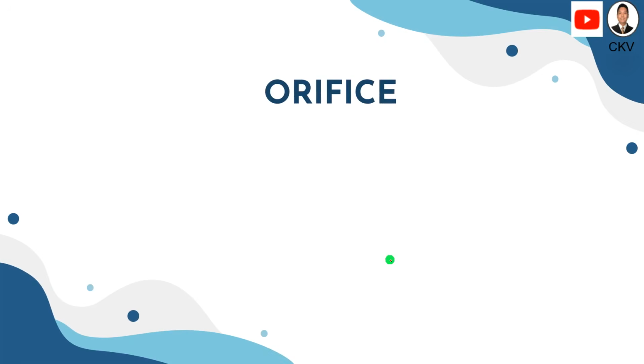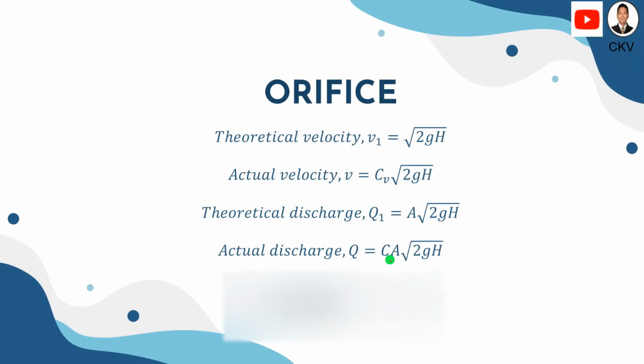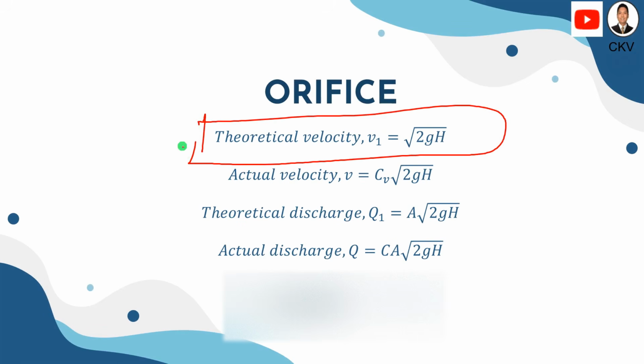So what are the formulas that we are going to use in measuring the velocity and discharge in the pipe? Here are the formulas. These are just based on rectilinear motion solutions. So for the theoretical velocity, let's say we have here